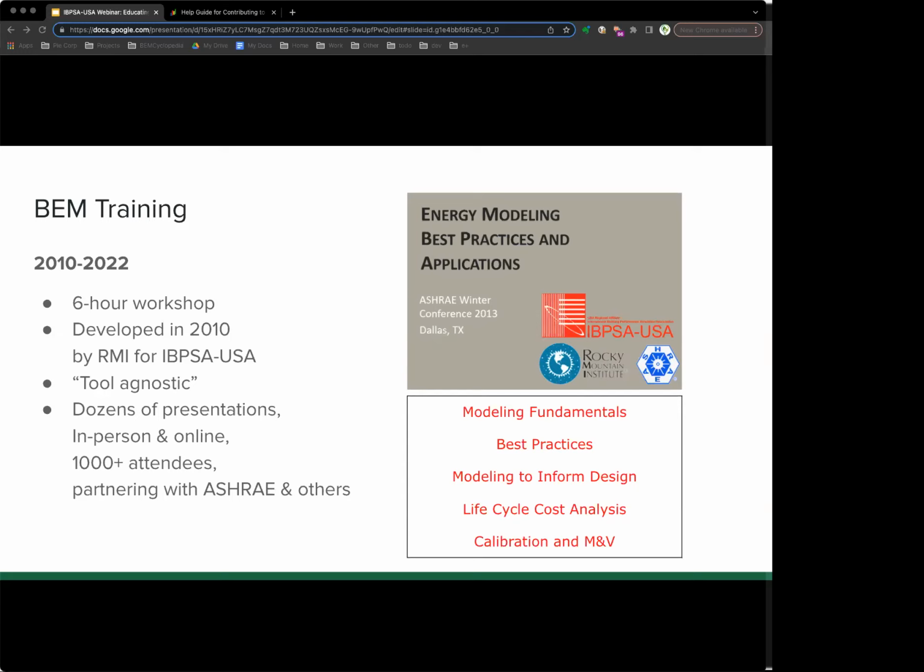The topics on the lower right are the main topics originally covered: fundamentals, best practices, modeling to inform design, in other words how to use it throughout the life cycle of a design project, life cycle cost analysis, and then some on calibration and M&V, so modeling of existing buildings. So that's the history. The next slide, please.